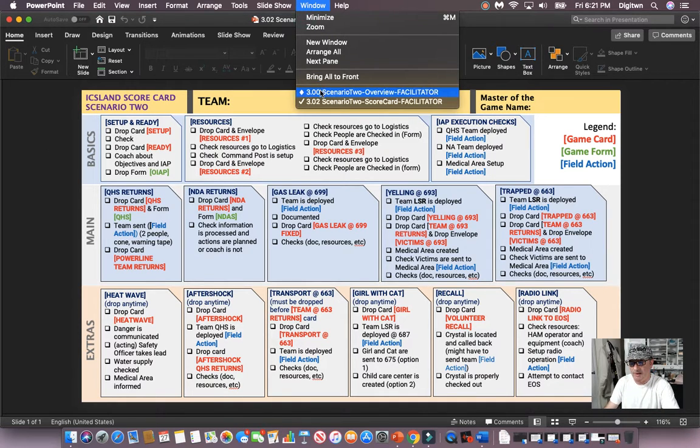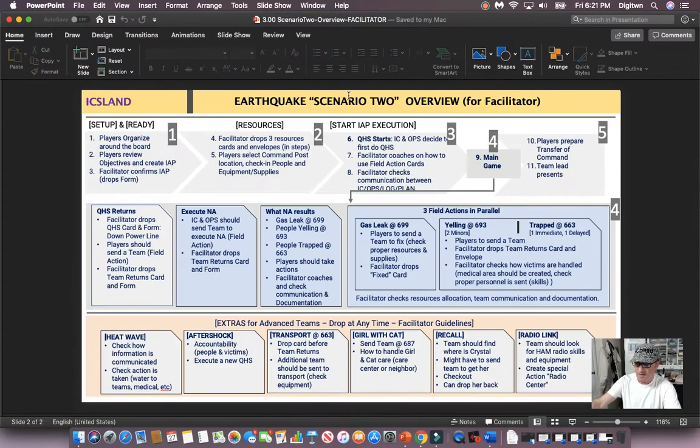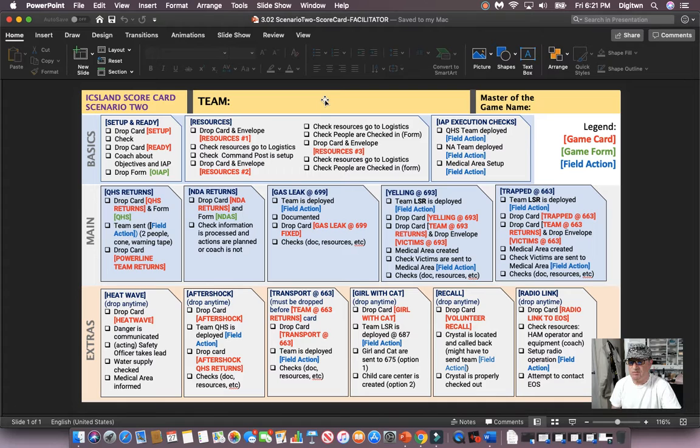So those two pieces of content here are very similar. The setup and the game, which is called the basics, the main game, and the extras. So this tool is really during execution of the game for the lead facilitator to actually track what the teams are doing and to make sure they do the right thing.